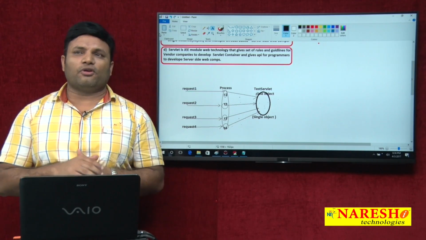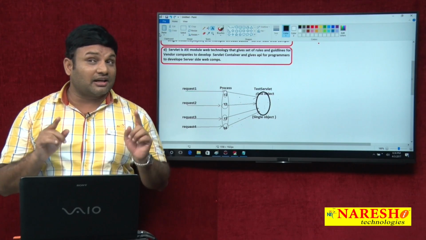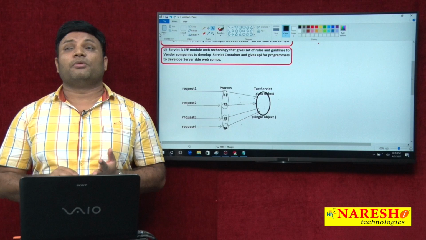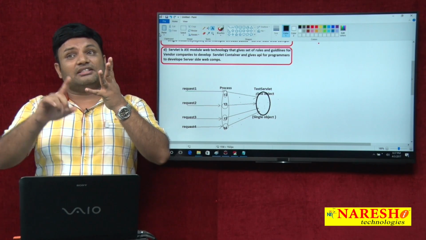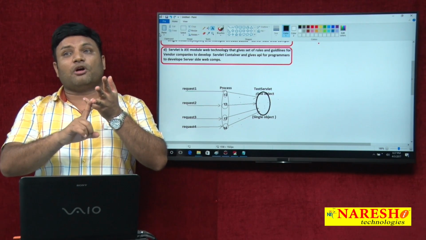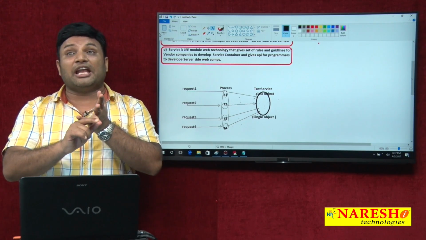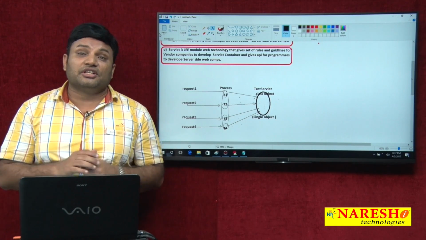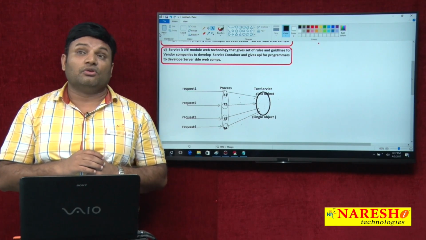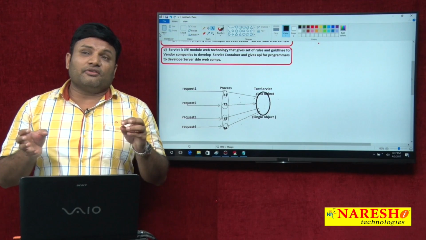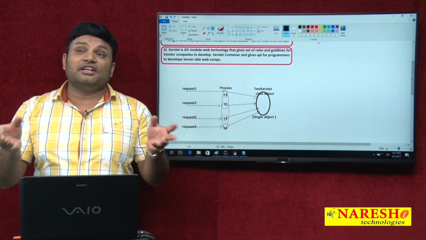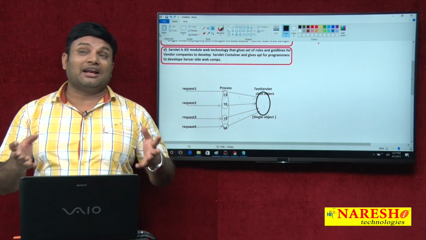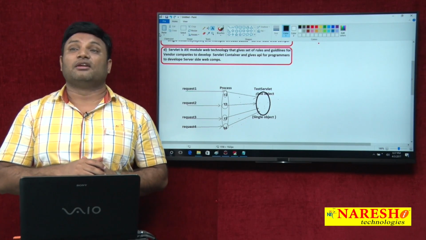If you look at all four definitions, they talk about the same Servlet, but I touched various angles of Servlet. In the first definition, I talked about it being a server-side technology to develop dynamic web components, having the capability to generate dynamic web pages, static and dynamic. In definition number 2, I talked about how, because of web applications and web components, the server gets some functionality to perform. So in this process, we found web technologies are extending the functionality of the web server or